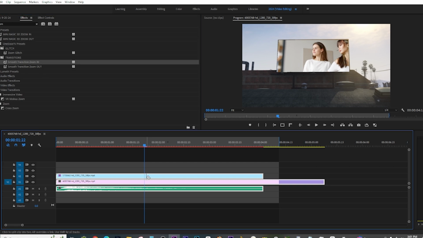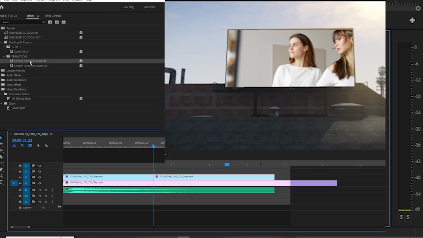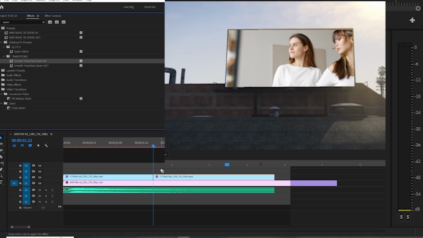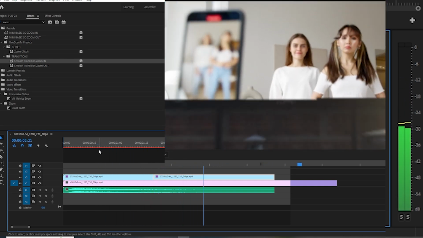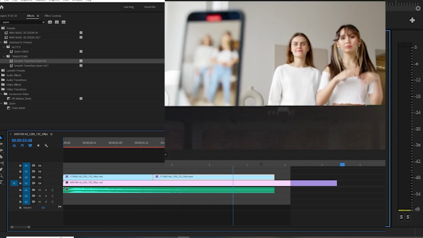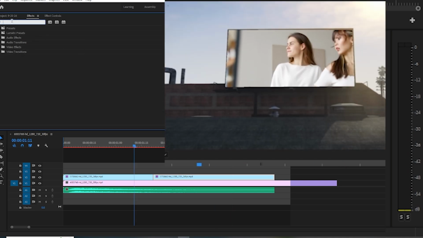Now I'm going to add a cut from this video to this, which is the same video, but I basically want it to zoom in and blur. So click smooth transition zoom in and drag it on the video clip. And as you notice now when I play the video, it zooms in. Now if you want, you can basically add a blur by going to Effects and typing in